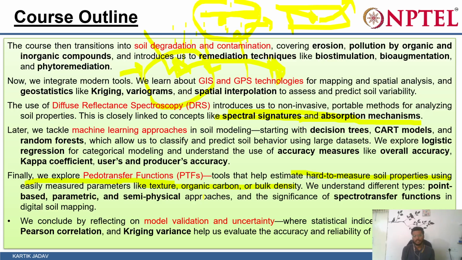and then again validate it considering another data set. Okay. And also, one of the fundamental properties that we need to consider is uncertainty analysis. That will help us to remove biases in the data set and help us to build the accuracy and reliability of our digital soil maps. So with this, we have